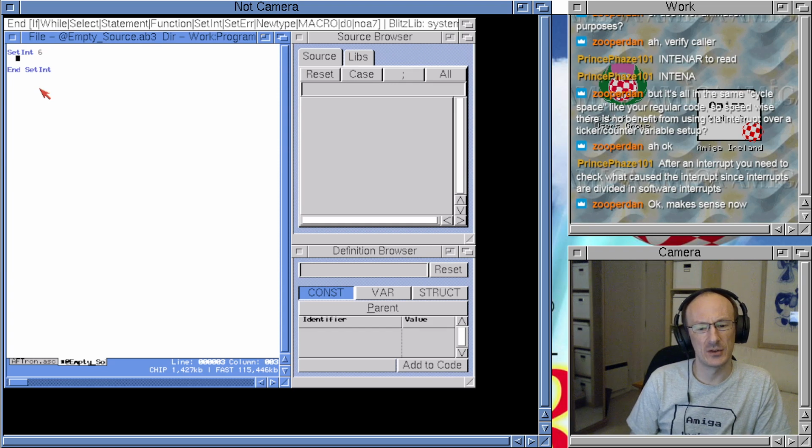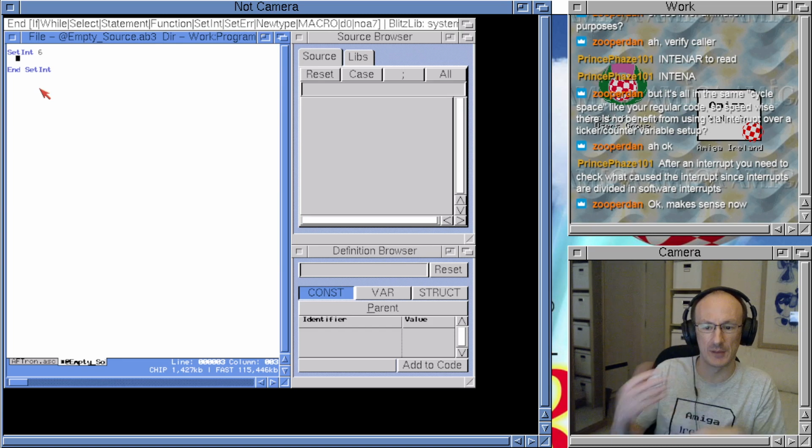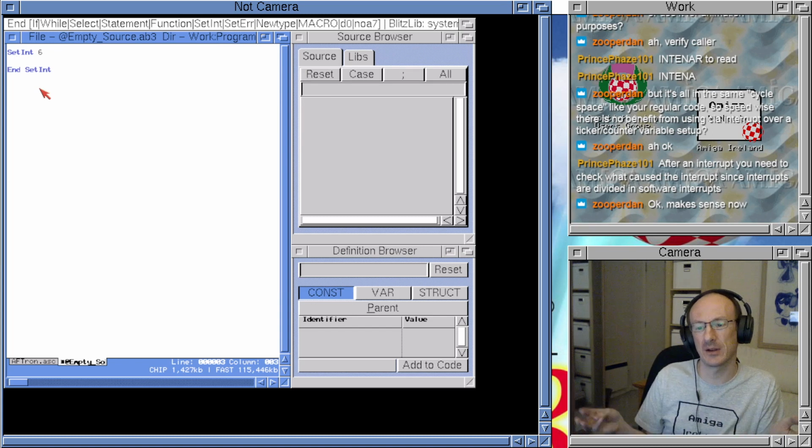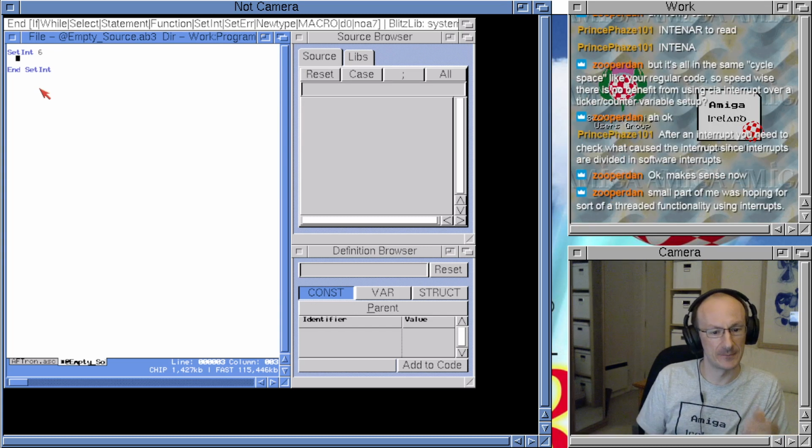I would just read the CIA value as it was, see if it's expired, reset it if it has, and increment my counter. That will give you an animation increment independent of your frame rate. So if you've got a variable frame rate in your game because more things are happening, that would give you sort of a